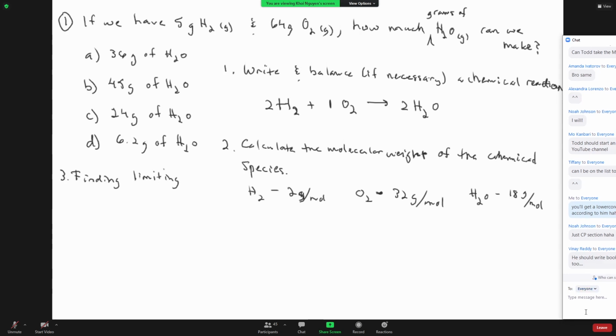So the next step we need to do is find the limiting reagent. So when we're given two objects that are reactants and they have a finite amount,